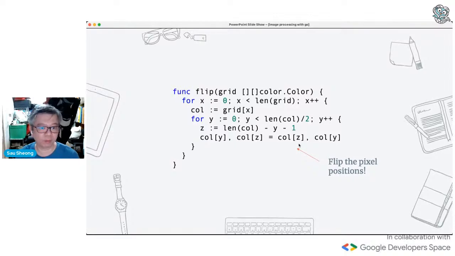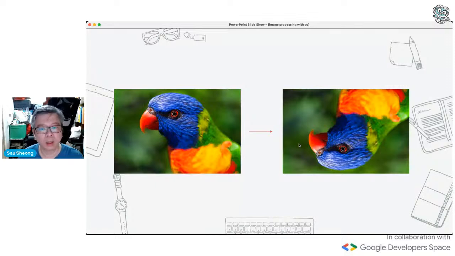And once I flip the top and bottom pixels, this is what you see, right? I'm using an image of this bird. This is a parrot, a very colorful parrot from Australia. And basically, I flip the file by exchanging this pixel with this pixel, and this pixel with this pixel, all the way. Then this one with this one, this one with this one, and so on and so forth. And you end up with this once you save the file.